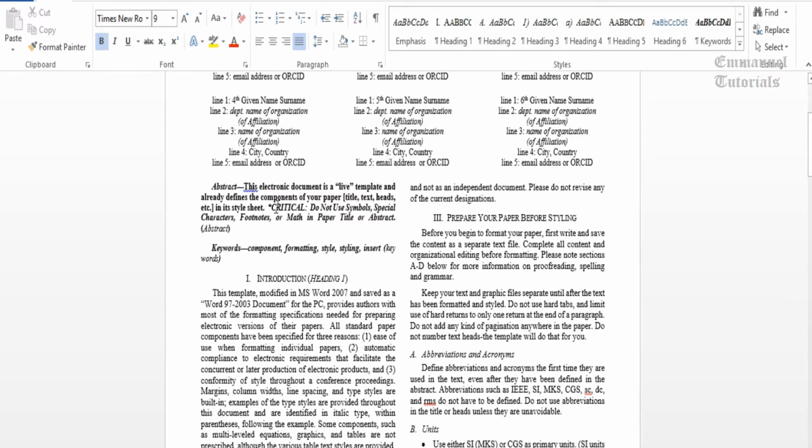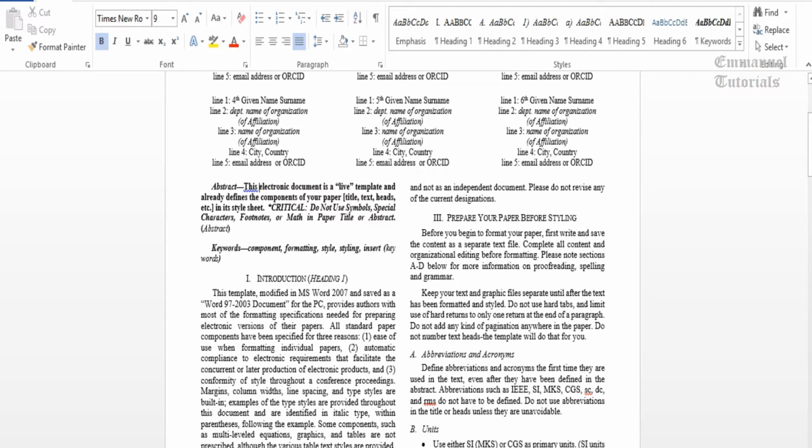in its style sheet. So what are they saying? It's a live template, means you don't need to change any font or any alignment here. You just need to start typing in the text or the content in it so that it becomes easier for you. It's a template. And a critical thing is, do not use symbols, special characters, footnotes or math in paper title or abstract.